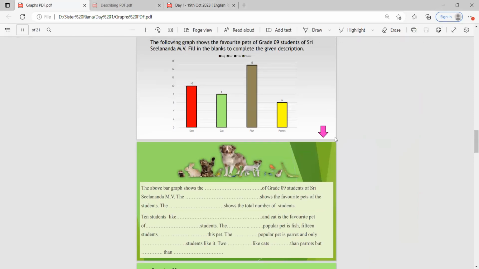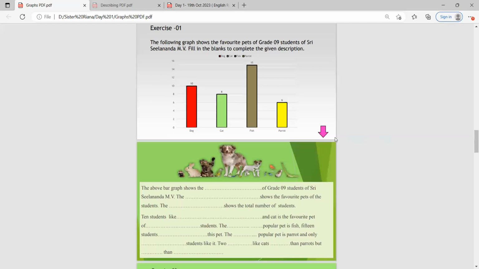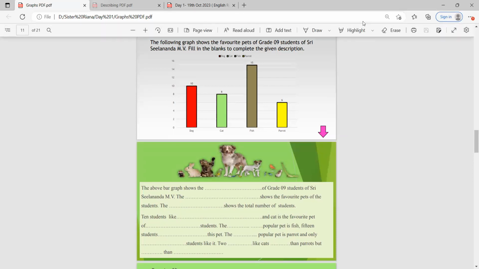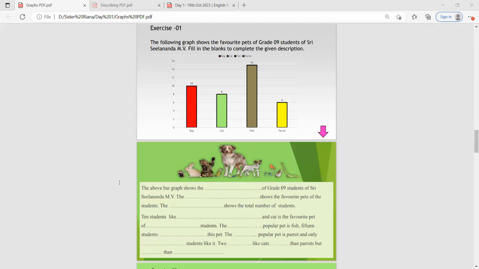The following bar graph shows the favorite pets of grade 9 students of Sri Seelananda Madhya Mahavidyalaya. Fill in the blanks to complete the given description. Right. Okay. Now we are going to do it. Look. The above bar graph shows the,